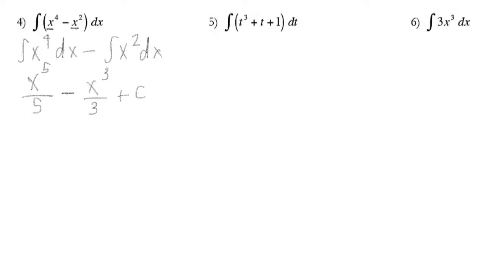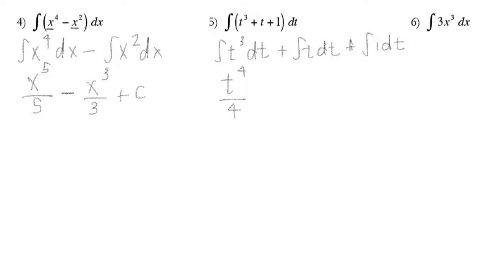And so the same is true with 5. We would divide this up, and if you want to skip the step of dividing up, you're welcome to do so. You don't have to write all this out. I would encourage you to look at if we integrate 1 dt. That usually gets people. So here if we integrate t cubed, we know we add 1 to the exponent, and that is what we divide by,